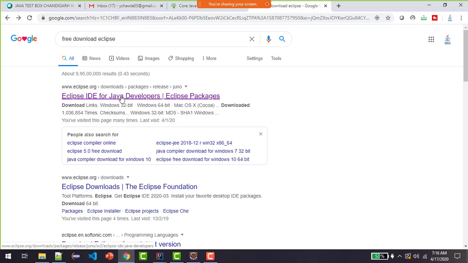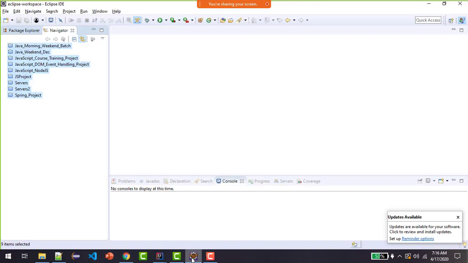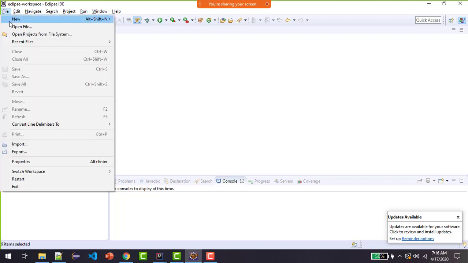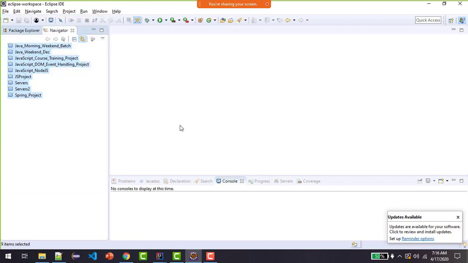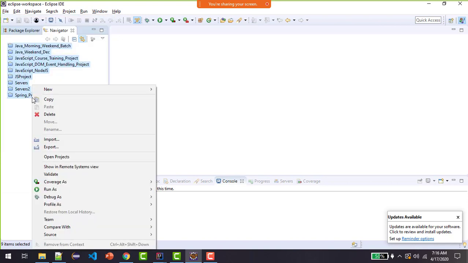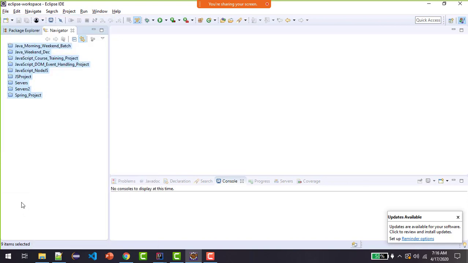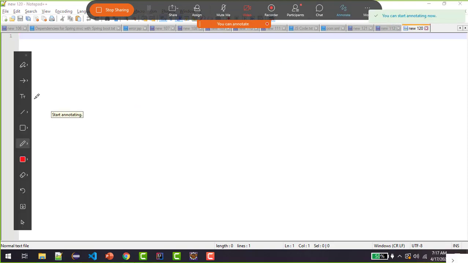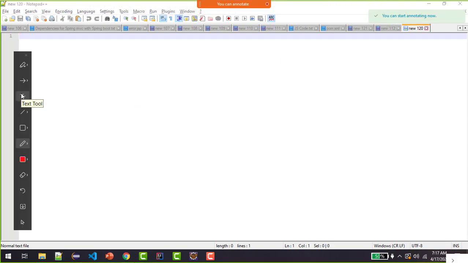So the moment you click that, you'll get an Eclipse environment like this. You just need to open it, and thereafter you need to set the workspace. Like any of, we'll create a project from now, in just a bit. So that will have a particular workspace in your local environment. So this is where you can download Eclipse. If you find any issues in downloading or in running the Eclipse environment, you can just let me know.